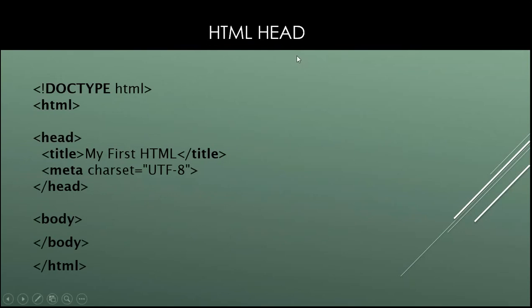And we can add the HTML head also. After writing the html tag and before we start the body content, we can write the head element. The head element describes the metadata for the complete document. This is the basic syntax to write. We can add a title also when we write the head element, and if you want to mention the character encoding that we want to use, we can represent that using the meta tag.